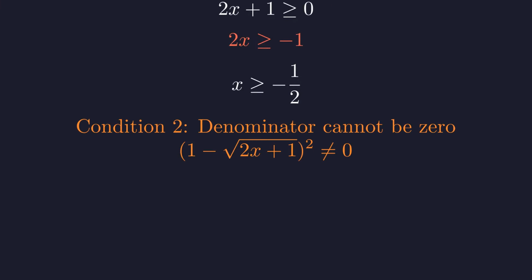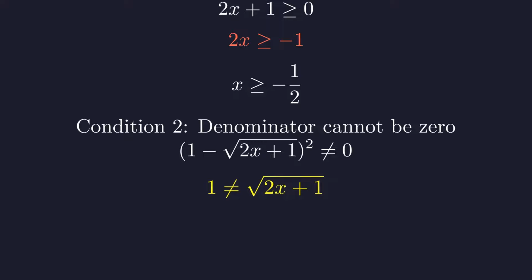Second, we can't divide by 0. Our denominator is squared, so it equals 0 only when the expression inside equals 0. So we need the expression inside these parentheses to not be 0. In other words, 1 minus the square root of 2x plus 1 cannot equal 0. Moving this square root term to the other side, we get that 1 cannot equal the square root of 2x